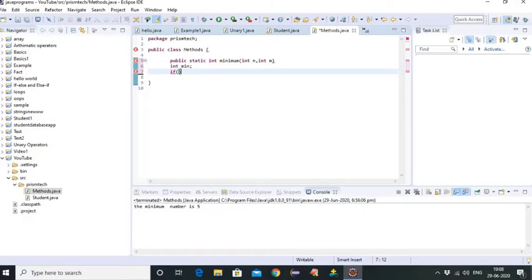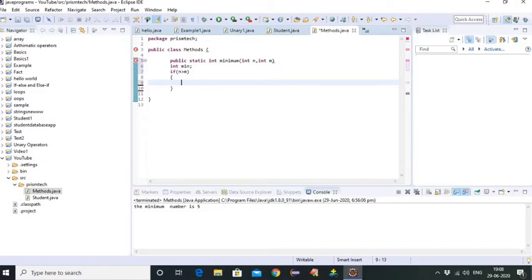I am writing the condition like this: n greater than m.